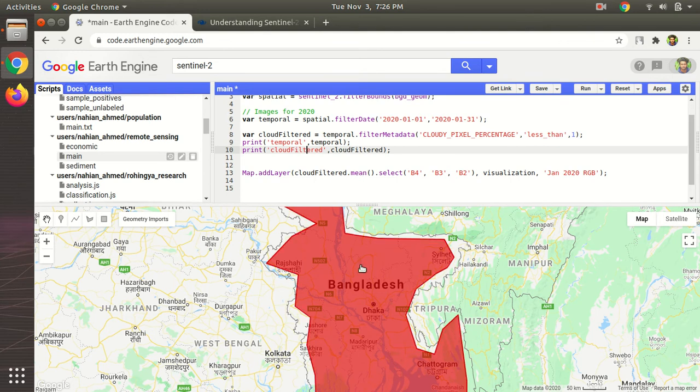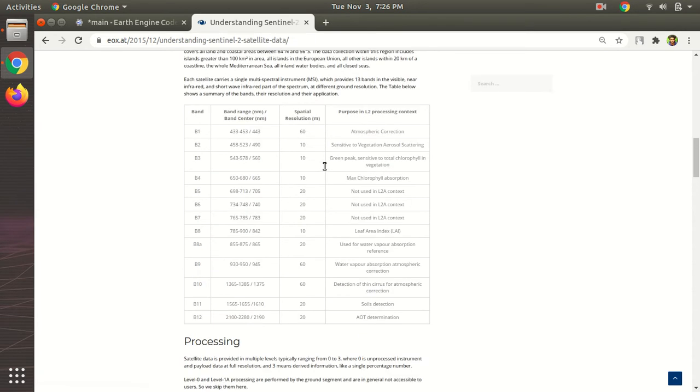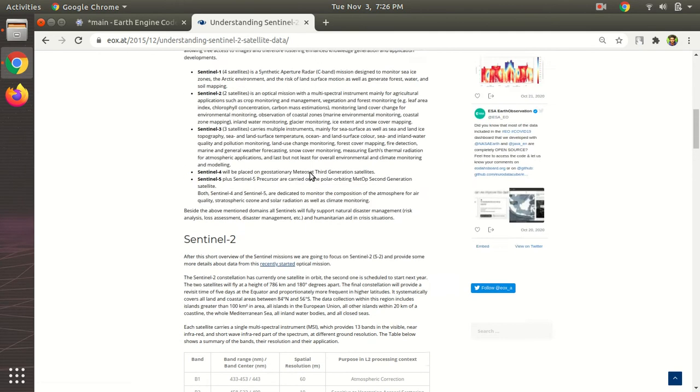So we take the mean of each pixel and all the layers below it. For each location we take the mean, and then we select the bands that we want to display, which is band 4, 3 and 2. And if you read the Sentinel documentation, you'll realize that the bands 4, 3 and 2 are the red, green and blue bands.